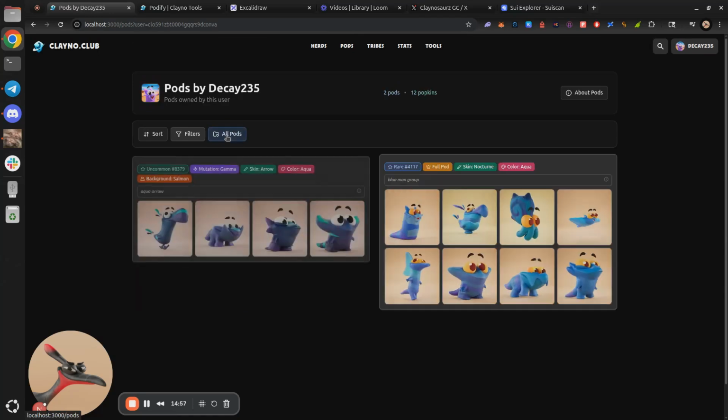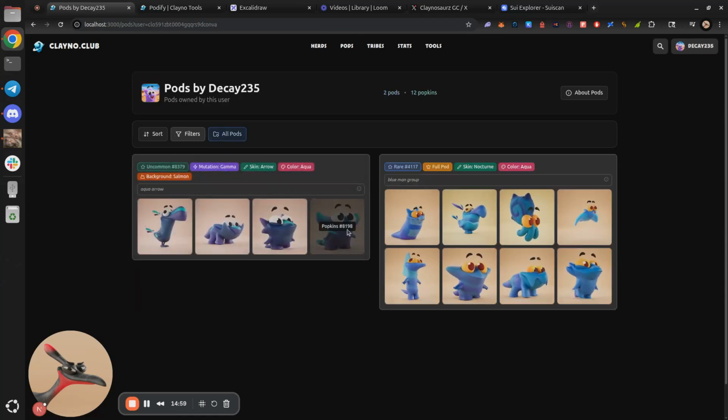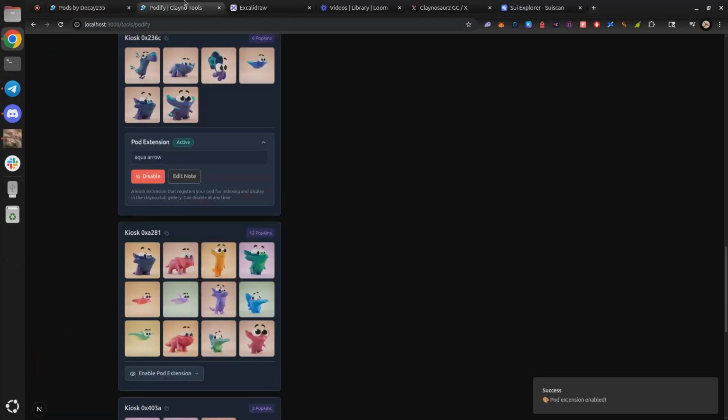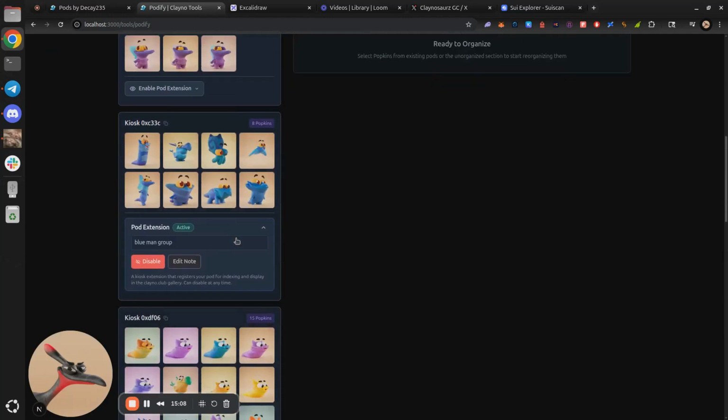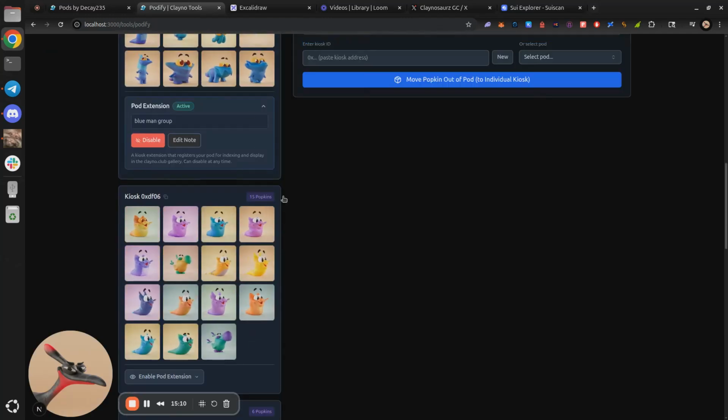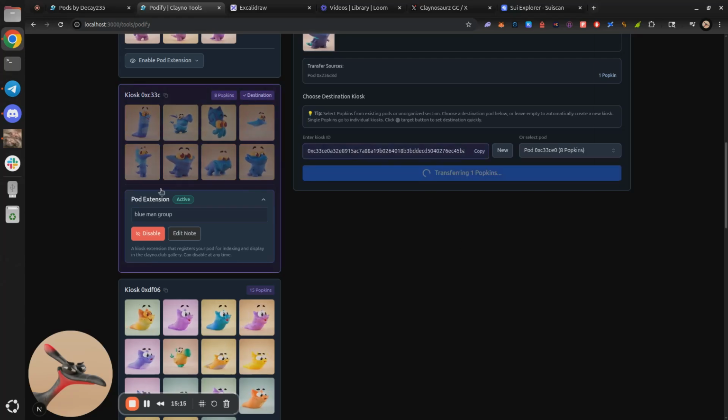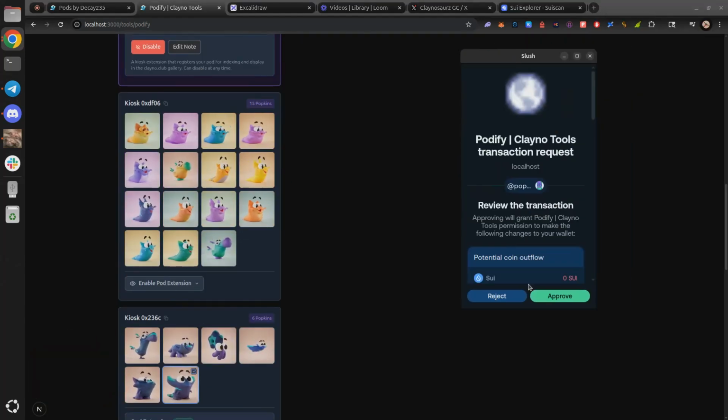But it should pop up here. And there we go. So yeah, the backend processed it and assembled the pod. Once this extension is enabled, you can move things in or out of it if you want. So just for example, if I wanted to move one pod into another, and this is the trickiest part,